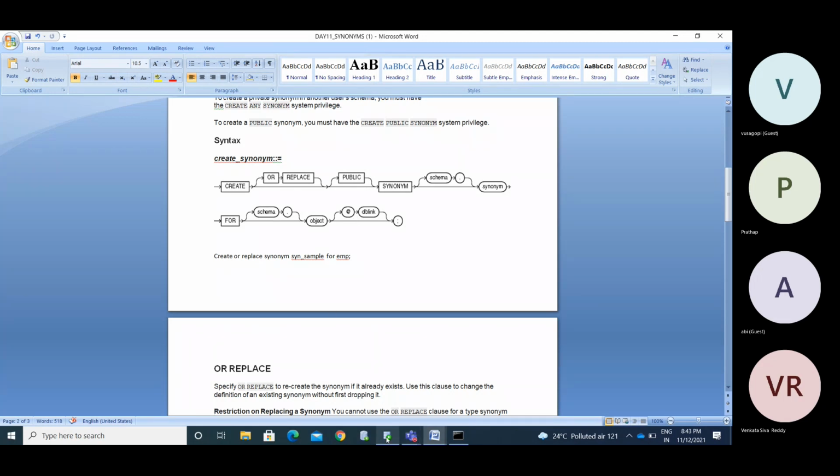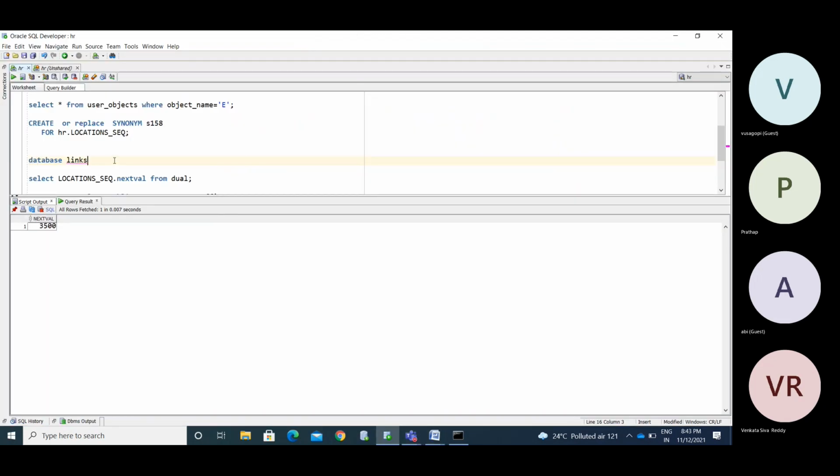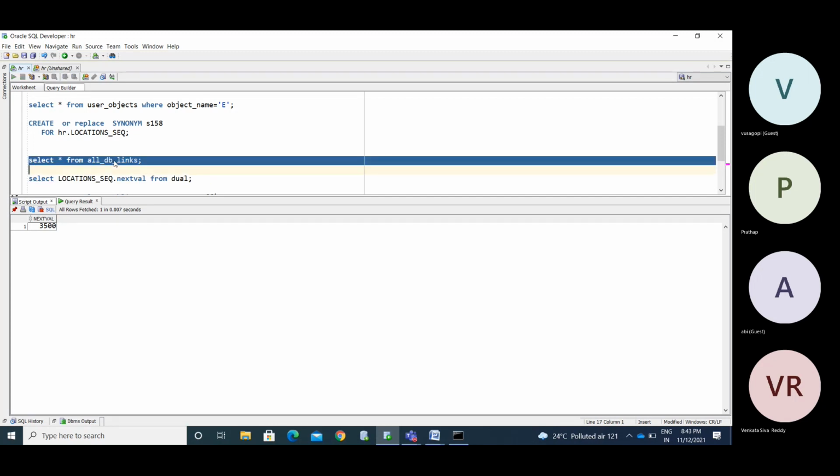Usually you are giving the data like this, from user underscore db links or all underscore db underscore links.